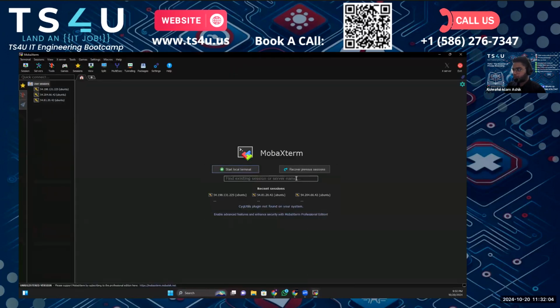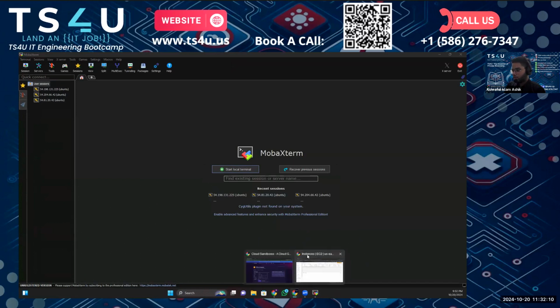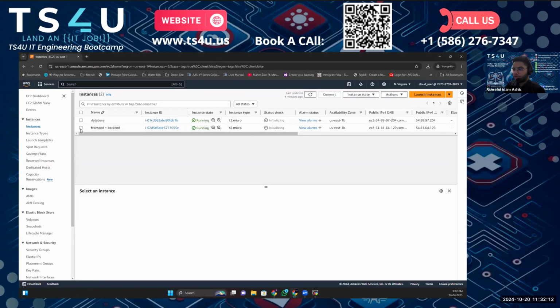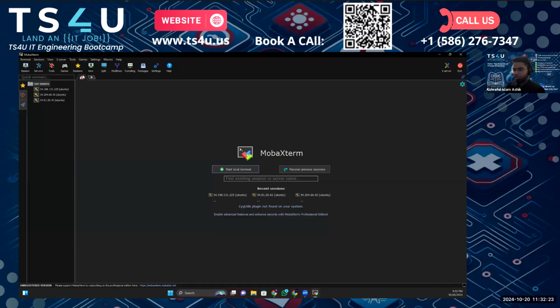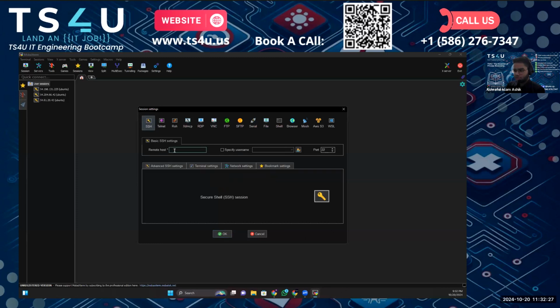Okay, now copy my, sorry. Okay, now I can copy my front end and back end, this one, copy this public IPv4, go to my MobaXterm, click on the session, the SSH, the remote host, the username will be Ubuntu,